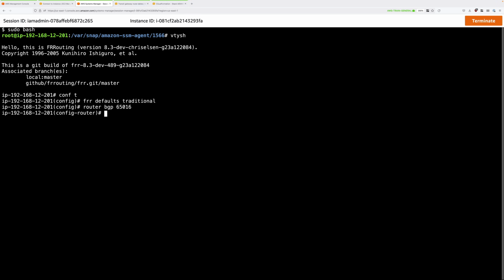And what we need to define are BGP neighbors. So these are the other IP addresses which this customer router will exchange routing information with. And the way that we do that is to use the BGP IP addresses that AWS provide. And these IP addresses are the same as the tunnel inside IP addresses.